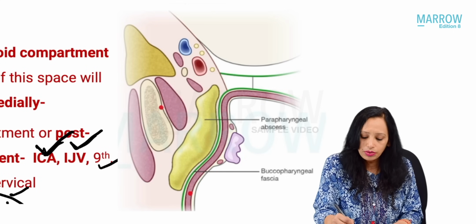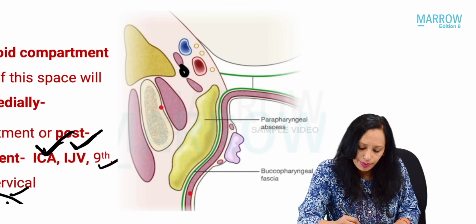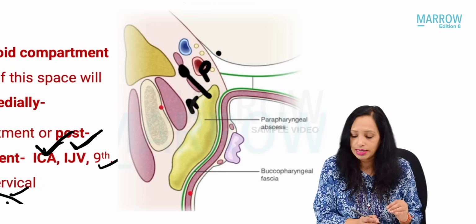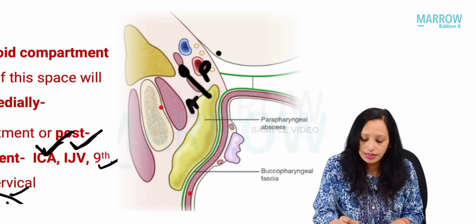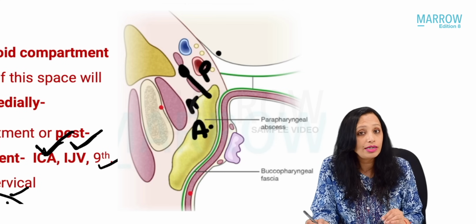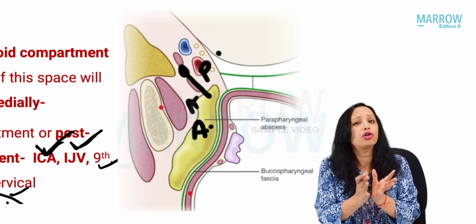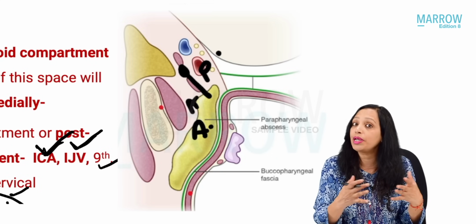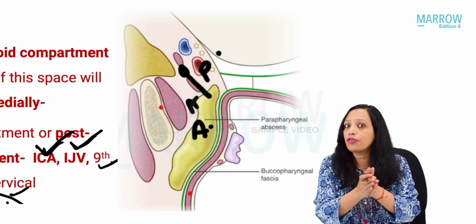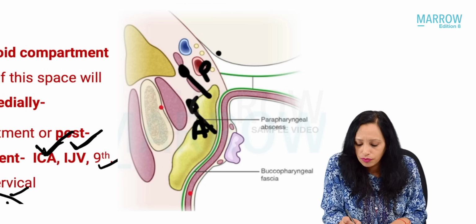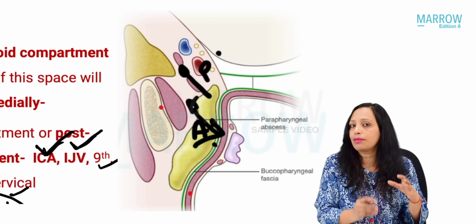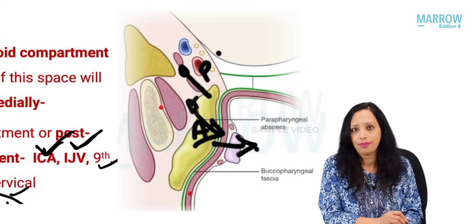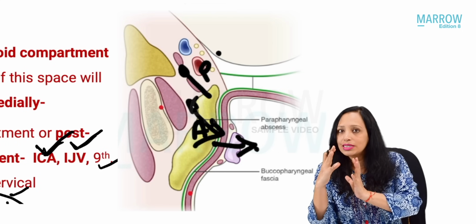Okay. Now, this space is divided by the styloid process into an anterior compartment and a posterior compartment. Now, if there is any mass or any abscess in the anterior compartment, yes, abscess is more common in the anterior compartment because in the anterior compartment we just have a lot of fat. Neurogenic tumors will be more common in the posterior compartment, but be it an abscess or be it a tumor, if it pushes the lateral wall of the pharynx medially, if it is a mass occupying the anterior compartment, the tonsil will appear pushed medially. It will lead to prolapse of the tonsil medially.